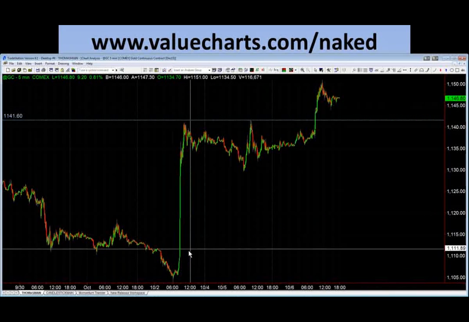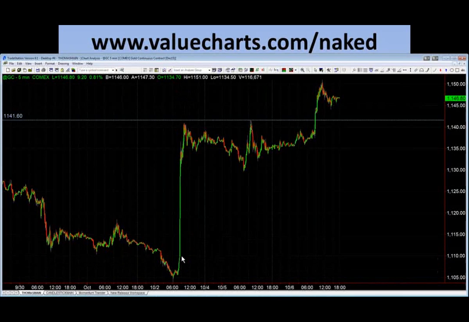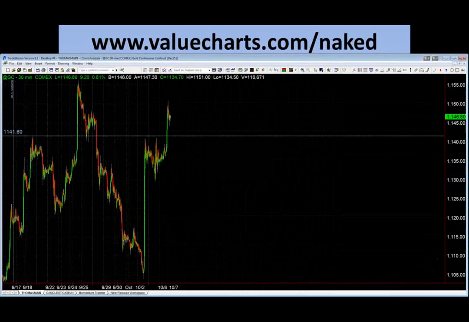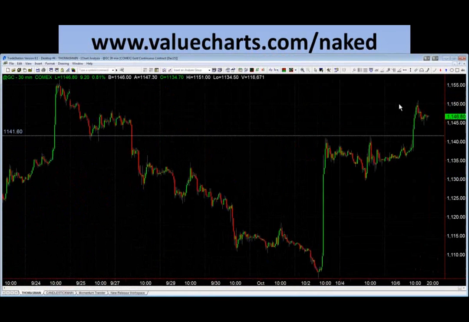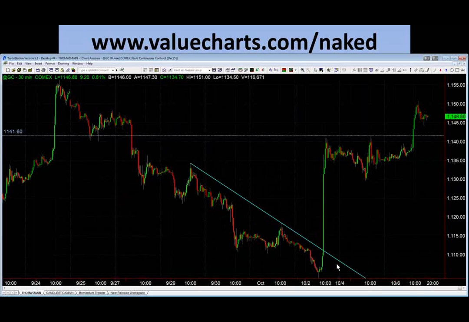This was non-farm payroll. So this is just a breakout off of non-farm payroll. But we were actually watching that, if you're in the trading room for non-farm payroll, was it the 240 or, what time frame was it? It was a 30-minute chart. We're looking at a trend line here, going like this. And non-farm payroll came out and it just jumped through this trend line and rocketed higher.